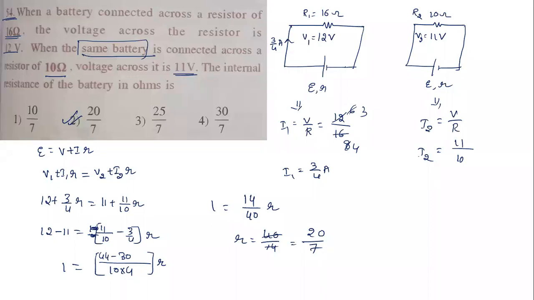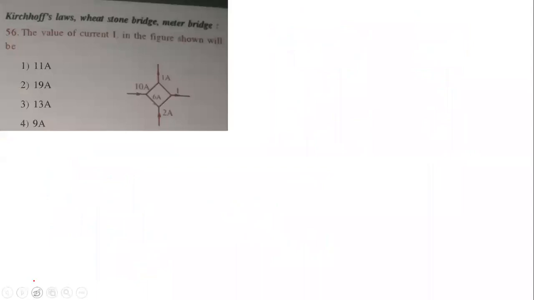So now, students, in our last class, what have we done? Combination of cells: series combination, parallel combination, when they're wrongly connected, when they're identical. All those concepts we have done already. So now we go for the concept related to Kirchhoff laws. We're going to study Kirchhoff laws, Wheatstone bridge, and meter bridge. Related to these topics, we are going to focus today.